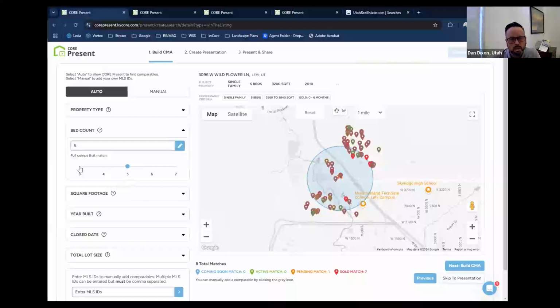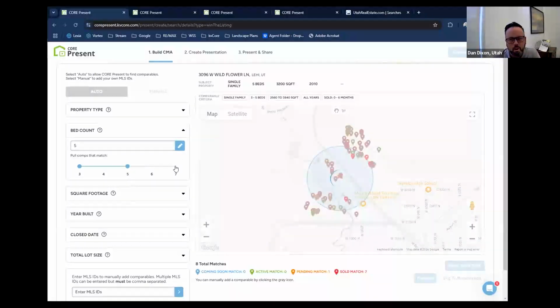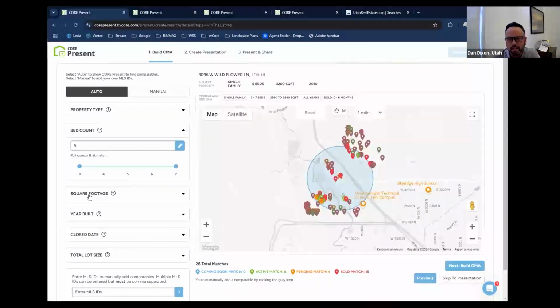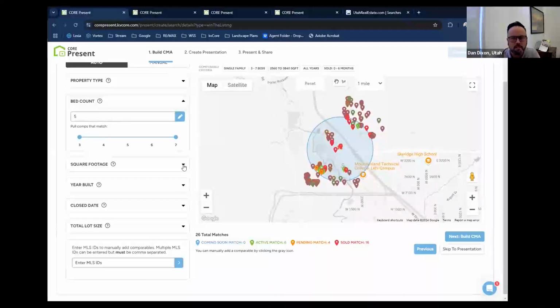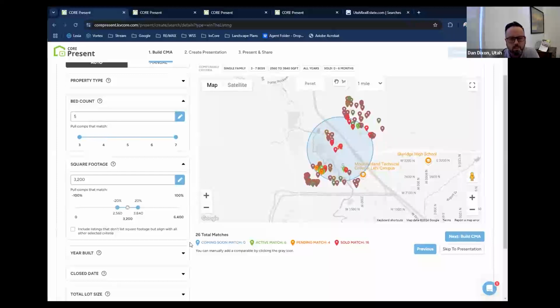For most of mine, I'm moving it 1 or 2 on either side just to make sure I capture those. I think a 7 bedroom at 3,000 square feet would be weird, but whatever. We want to make sure that we're at least seeing those. The default for square footage is going to be 20% on either side. If I had too many comparables here, I might want to move these a little closer.